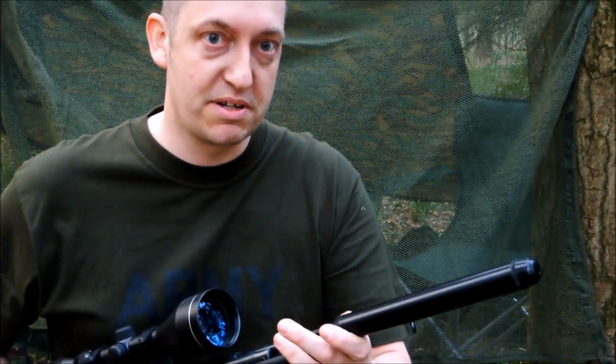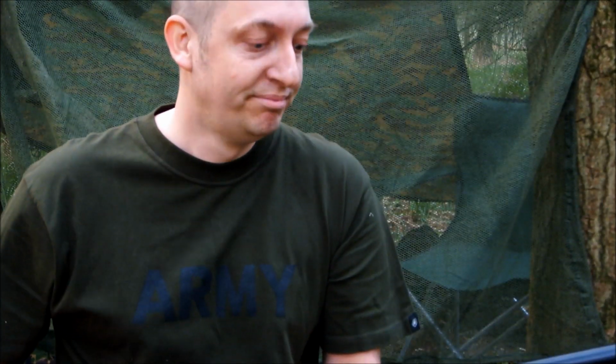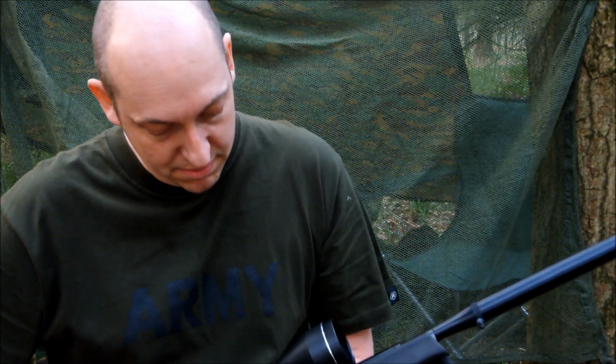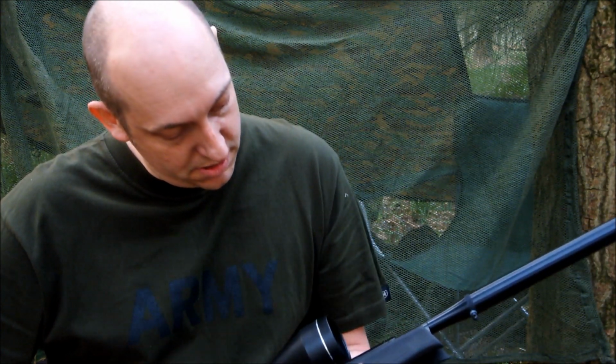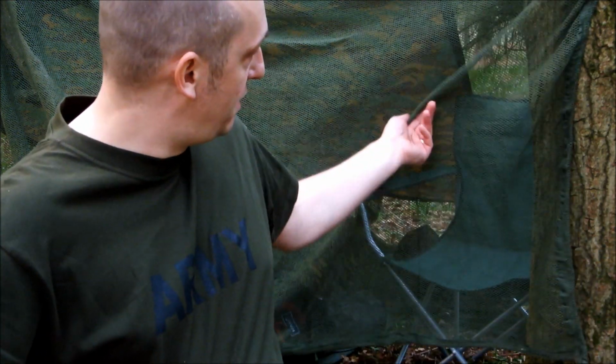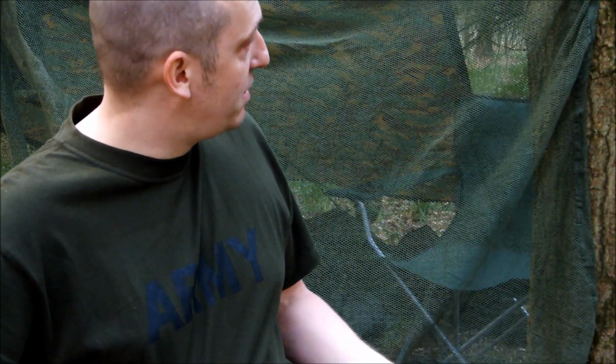Yeah, it's nice. Believe it or not, that's supposed to be a silencer. Yeah, right. Anyway, the plans I've got for this soon is I'm going to DPM all this, maybe get a bipod to come on the bottom there, and then disguise the barrel a bit. But this is all well and good, the old sniper veil, but you know, sometimes you're not going to be with it, so